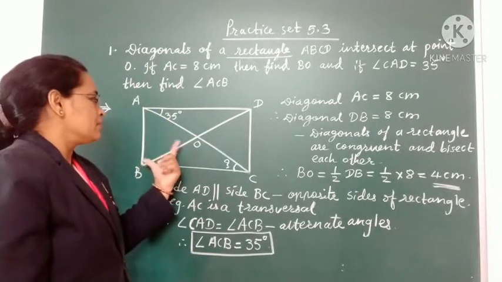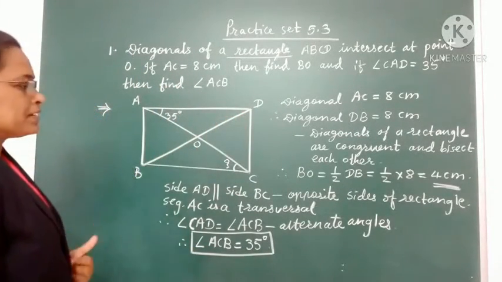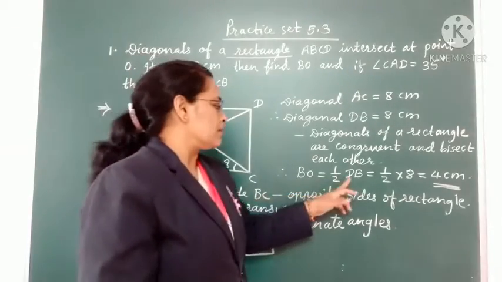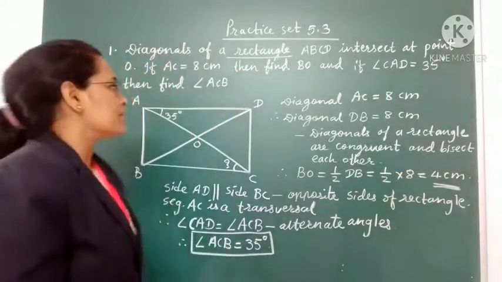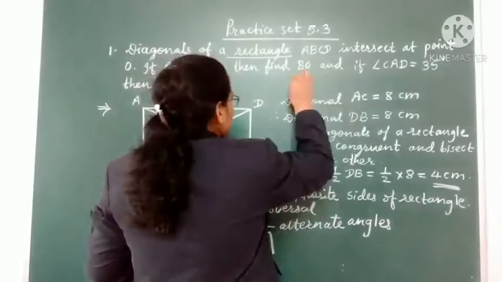BO is half of the whole diagonal, that is BD. So we can write BO is equal to half of DB. So that is half of 8, which means 4 centimeters. In this way we can find out the answer of the first